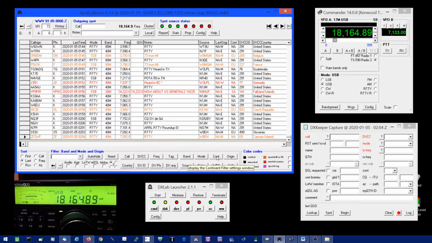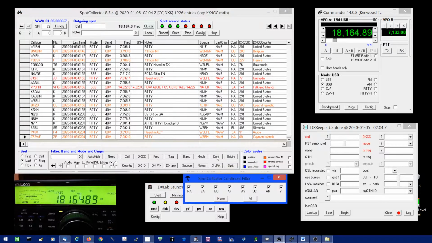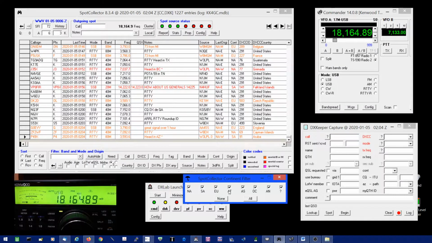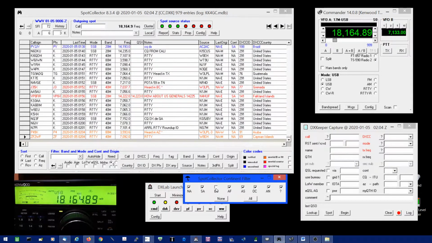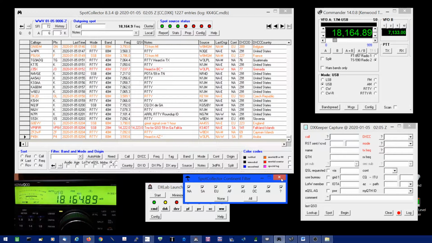I'll show you the continent filter. There isn't one right now because all the continents are selected. And again, if they're all permitted, then nothing's filtered. But if I disable Europe, for example, and choose to exclude spots for Europe, then you'll see the continental filter is now in effect. So I'll put that back the way it was. And close that filter